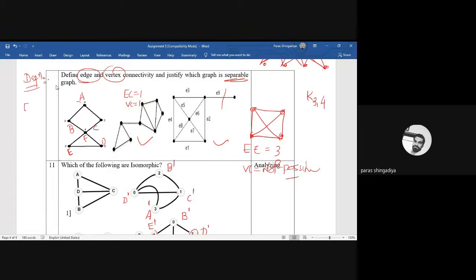And then check what the edge connectivity of this graph is. Okay, so just check every cut set of this graph and identify which will be the smallest cut set. The smallest cut set should have at least one edge. So here you check that we cannot make the graph disconnected by using a single edge. If you delete a single edge, it's not a cut set. Okay, a single edge is not a cut set, for example. So by using one edge we cannot make the graph disconnected. Now think about two edges. Clear? Can we make the graph disconnected, and is it an example of a cut set or not?